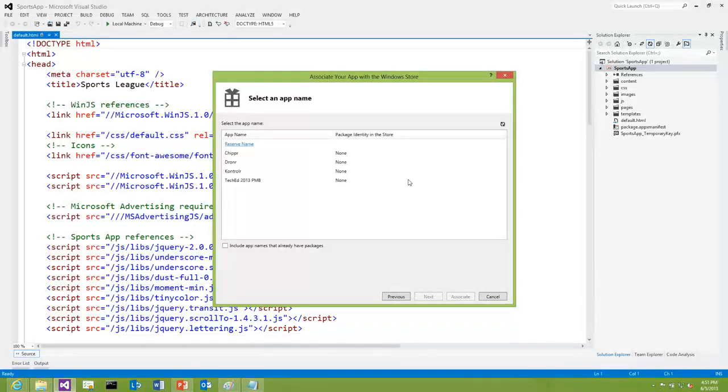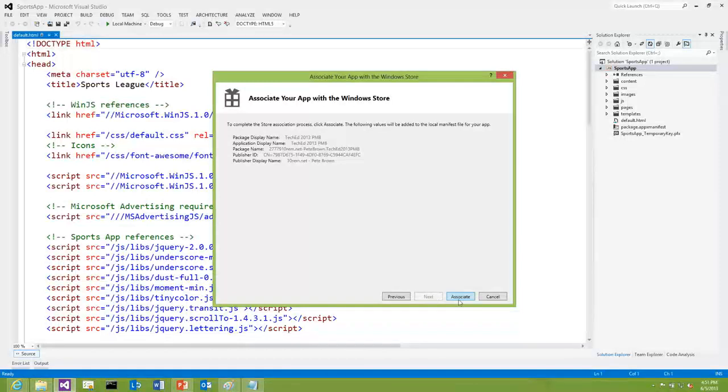All right. So here's a list of all the names that I have in the store, and this is the app that I want to associate it with. And what this is going to do is update the local app manifest with the name information that I put on the store, as well as some ID stuff. So now when I do this, I can click Associate,